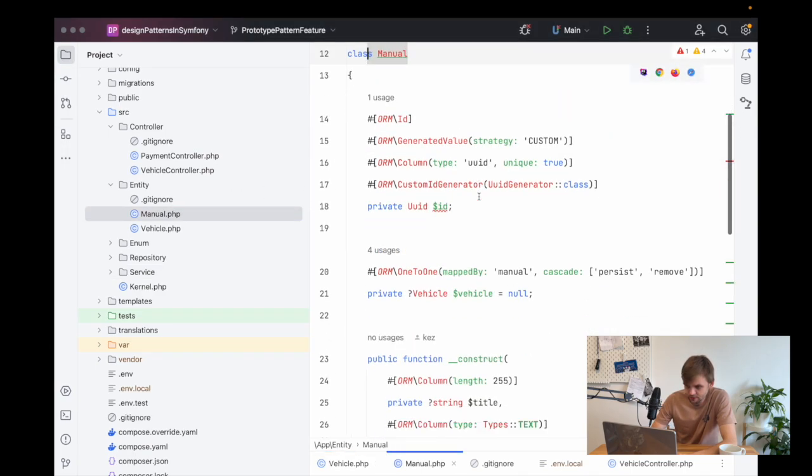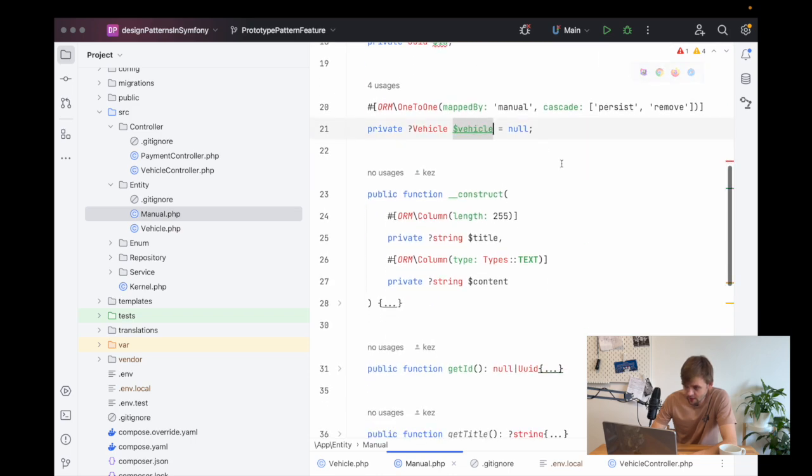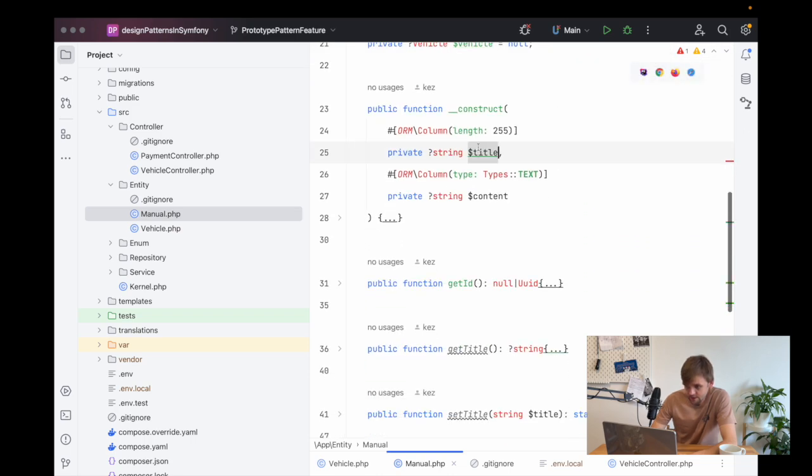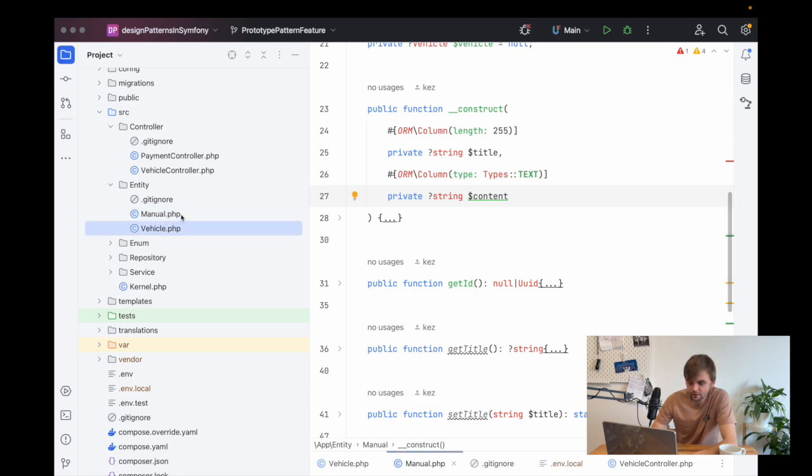So if we head over to the project, as you can see here, I've created a new entity called manual, and inside of it has an ID and a vehicle and a title and a content. So the idea is that each vehicle will have an associated manual. The reason I created this is so that you can see how you can deeply clone an object using this